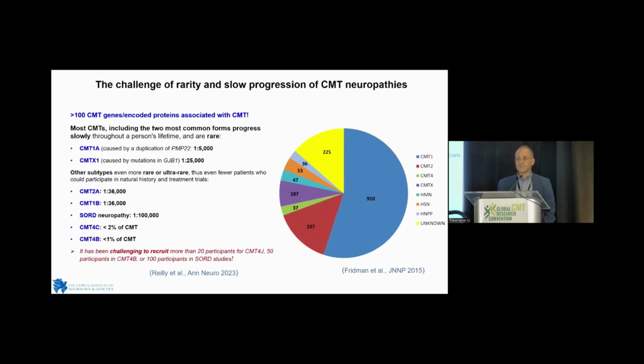It has been difficult to find more than 50 patients in the CMT4B study, because there is a treatment coming up, but we cannot collect enough patients. And it has been even challenging to recruit patients in the short clinical trial that is going on. 100 patients were needed. So here you can see that patient numbers are important, and being so rare, that creates